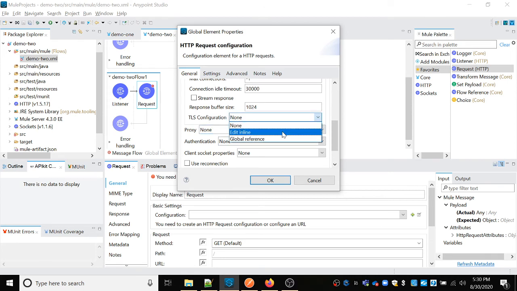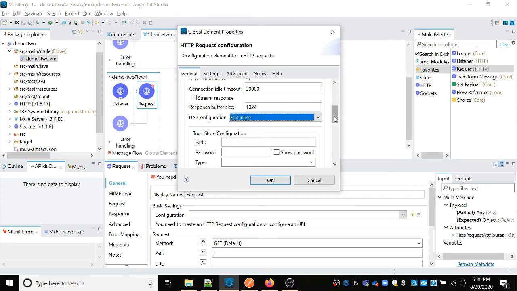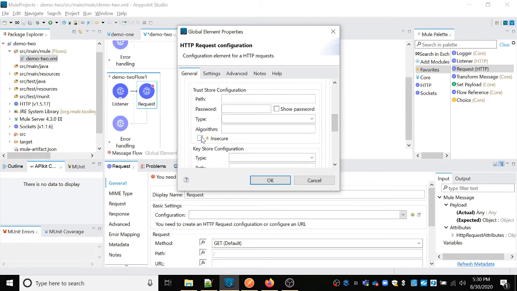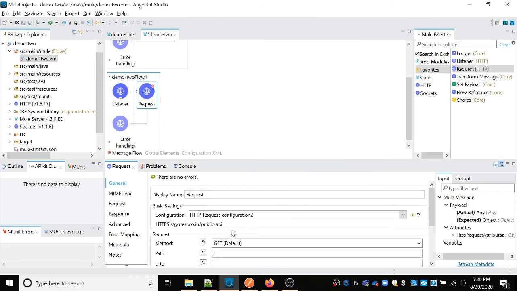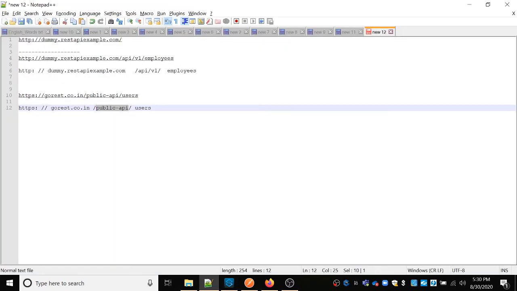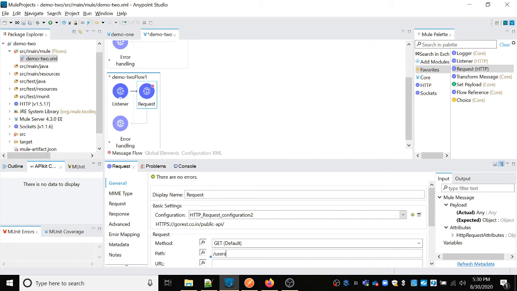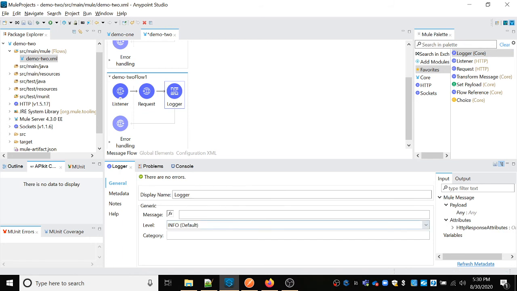Let me select it, edit inline, and check the insecure checkbox. Let me click over here. Okay, you can check here, and let me provide the path users here and add the logger so we can also check the payload on the console.